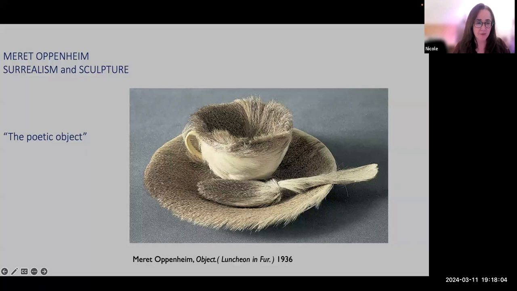Oppenheim's friend and mentor, Marcel Duchamp, had achieved something similar in 1919 when he took that postcard of the Mona Lisa and drew a black mustache and a beard on her smooth, beautiful face. But while his hairy additions had a comical effect, Oppenheim's were creepier. They were more visceral. Luncheon in Fur is a notable innovation and a distinctive contribution to surrealism, and it falls